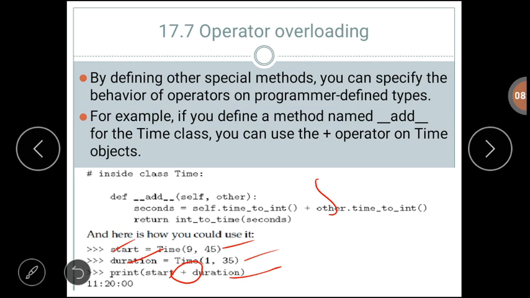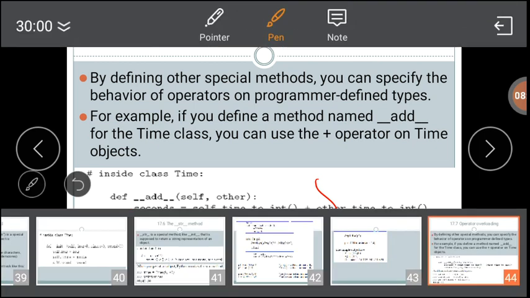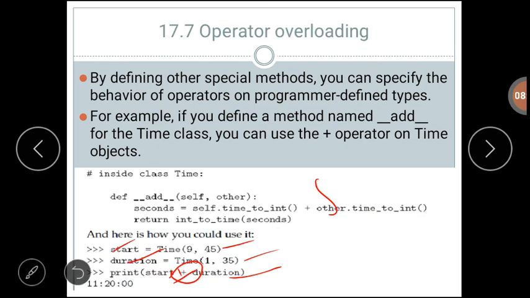Here we are overloading the plus operator. Now to overload this particular plus operator, we have to write the special method __add__. In this method we have to pass two parameters. First is self, that is pointing to the current object. The second one is other, that is another object value that we have to pass explicitly.